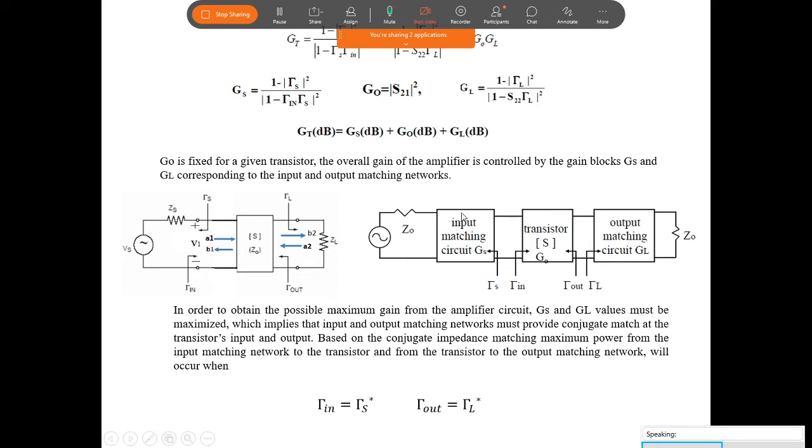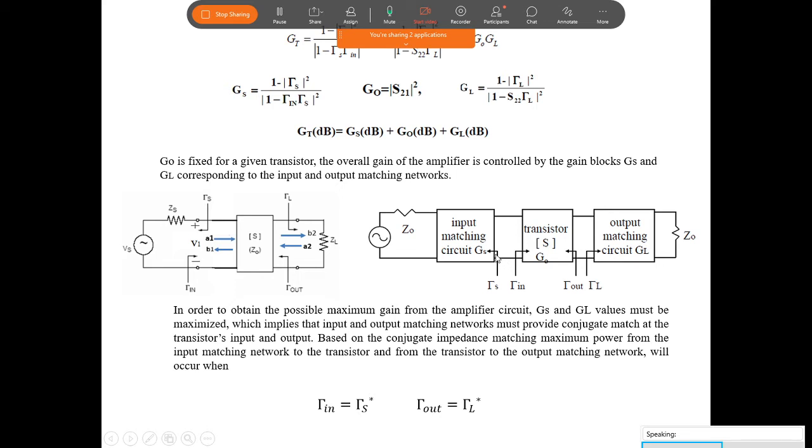But what you have to do, use an impedance matching network and make the input impedance looking towards the source give a TOS such that this GS must be equal to 4 dB. So you have to choose the value of ZS. Choosing ZS means you should change the input impedance to other than 50 ohm. You should see what value of this ZS gives a gain equal to 4 dB. So like that we have to design here. By checking that particular value of TOS, this whole term must give 4 dB.